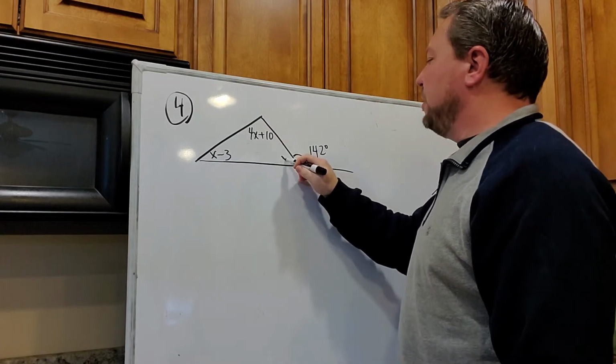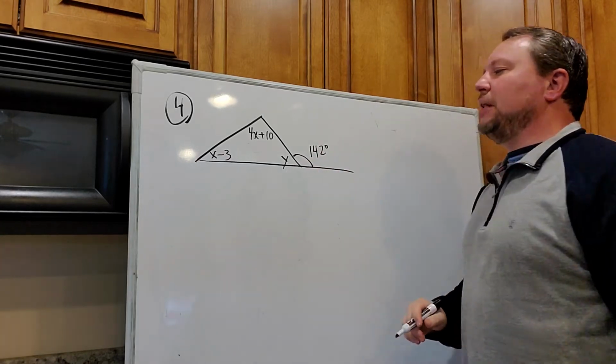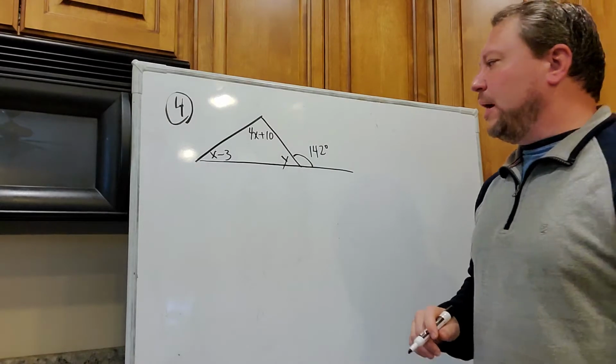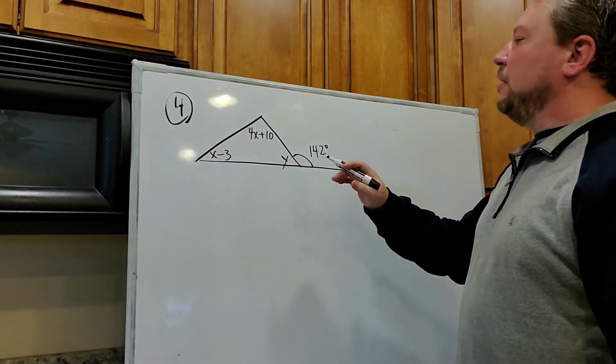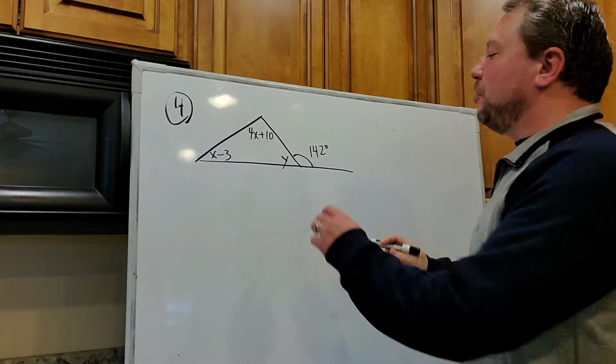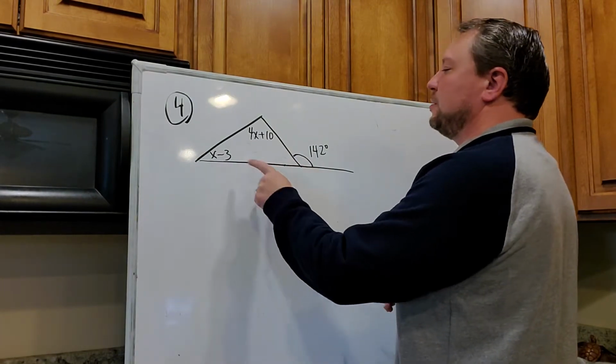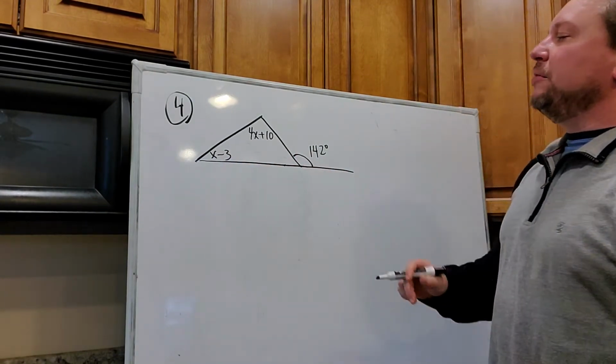And this angle in here, they just have it labeled as y. And they want you to find both x and y. Okay? Now, if the y wasn't involved in the problem, if it just looked like this, to find the x